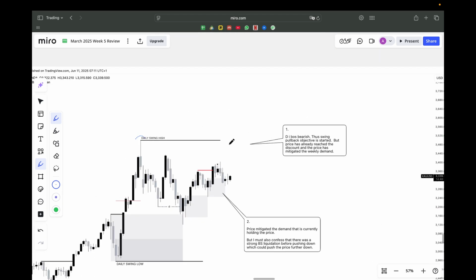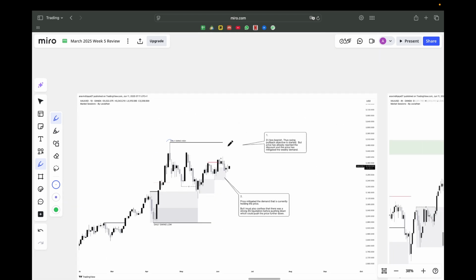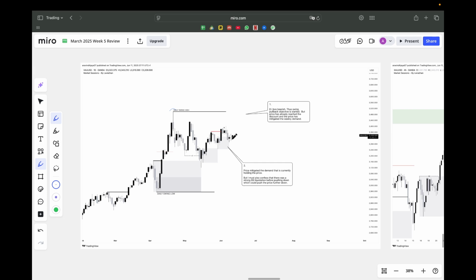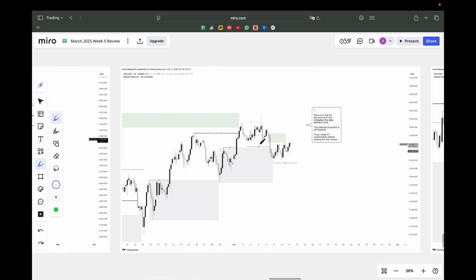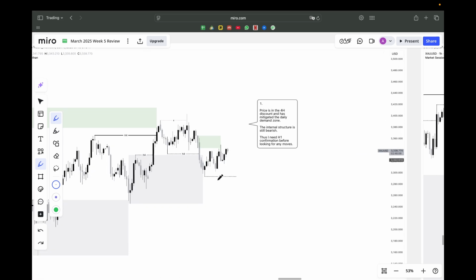So on June 11, price is still in the same area of value in the daily. The daily demand is still getting respected, so there is nothing much to talk about. And price actually CHoCHed bearish, but it did not take out the 4 hour internal low. Sounds interesting, and the price is building up some sell side liquidity. Probably that's what my mind thinks about it.